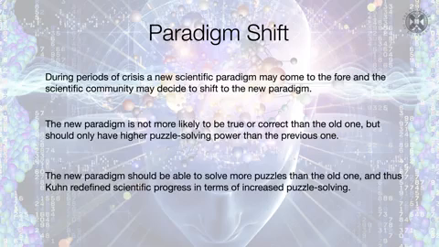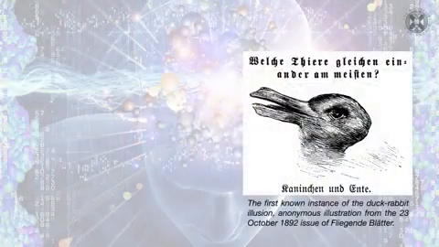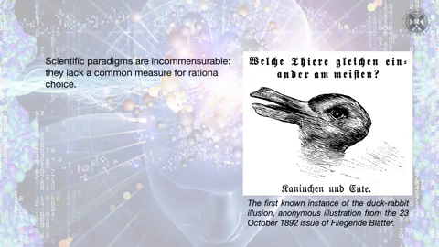So in this way, Kuhn redefined the whole idea of how science progresses, not in terms of scientific theories being true or more likely to be true, but in terms of their capacity for solving puzzles and problems. This shift of focus from Popper's falsificationism to Kuhn's puzzle solving has far-reaching implications for the debate on the rationality of theory choice. Kuhn famously argued that scientific paradigms are incommensurable. Incommensurable means they lack a common measure to assess and evaluate them, not to compare them.